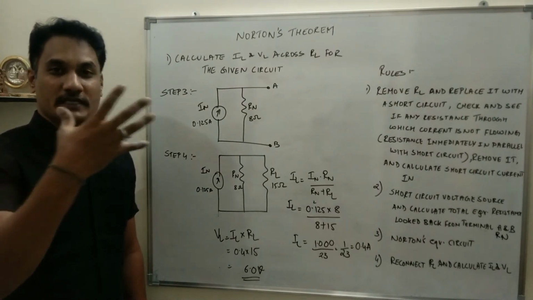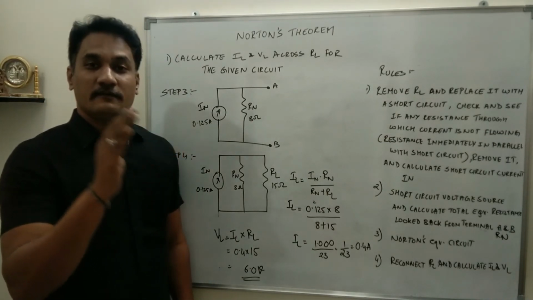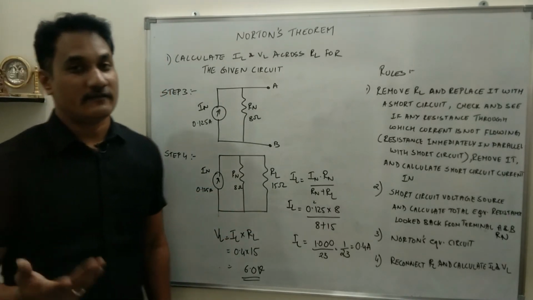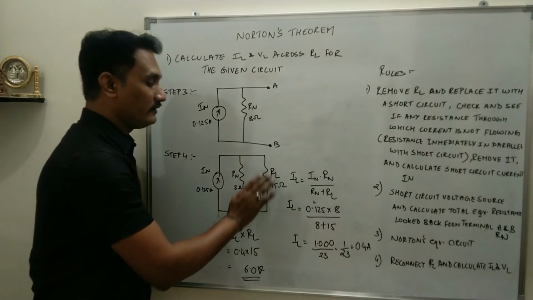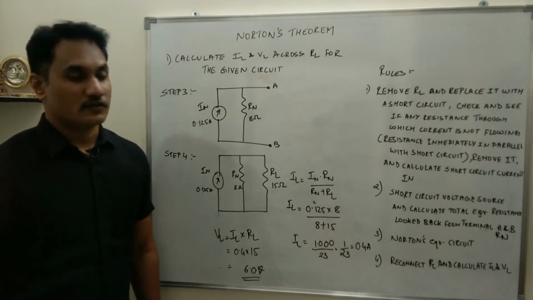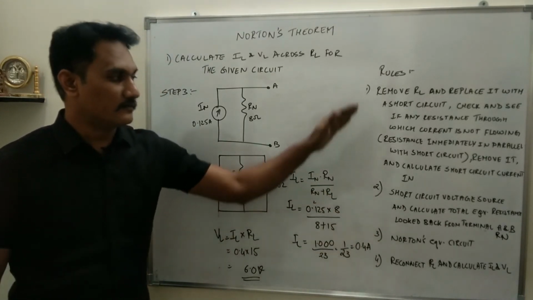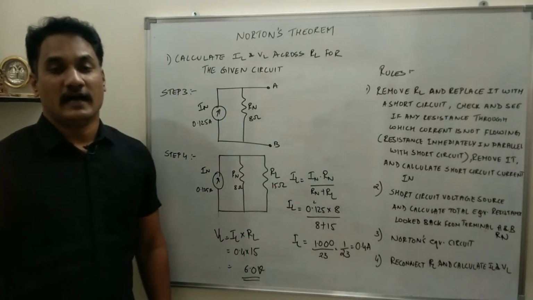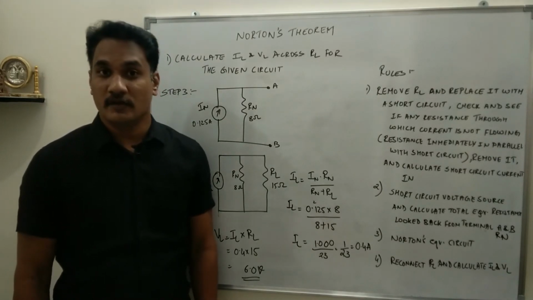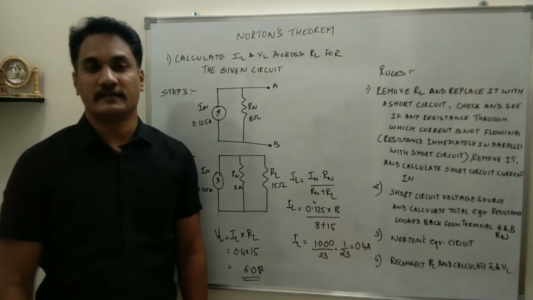in the first step. We can reduce the entire circuit to one current source and one resistance, and then we can substitute 10 different values of RL in the last step and calculate 10 different values of IL and VL. So in this circuit, we had only one value of RL. We have calculated IL and VL. So you have to just keep applying the process, the steps, and once you complete the steps, you will end up with the answer. So this is all about Norton's theorem and its implementation to solve an electronic circuit.